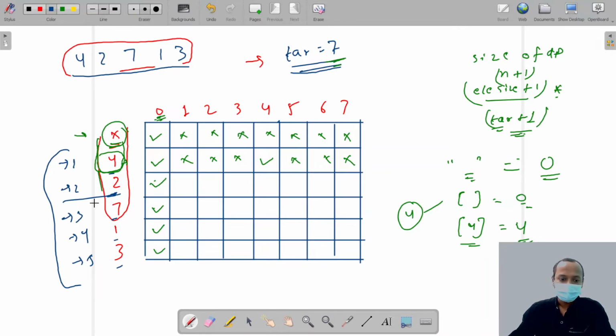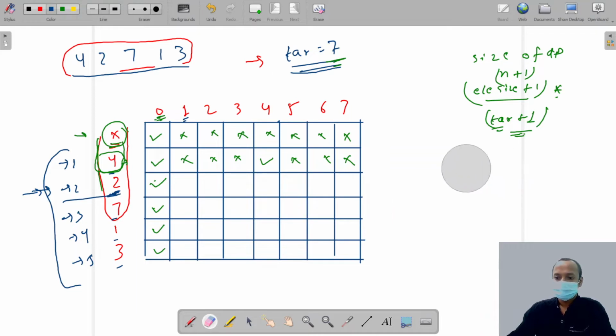Now if you talk about this player, can we choose this player or not? Let's see. Now I'm running this. Now we have target 1. So would we have to take this player or not?